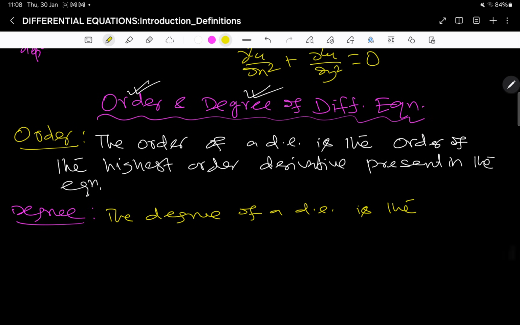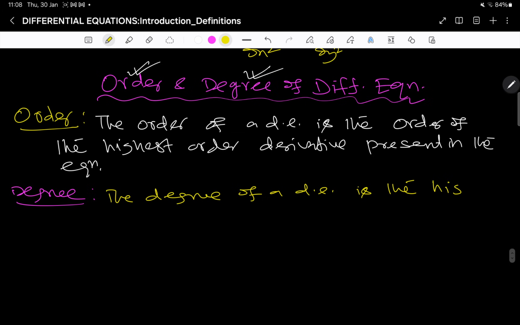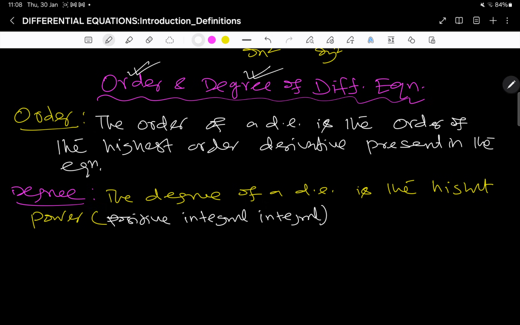Is the highest power. That power must be a positive integral power. Okay, positive integral power. It must be a positive integer. The highest positive integral power of the highest order derivative